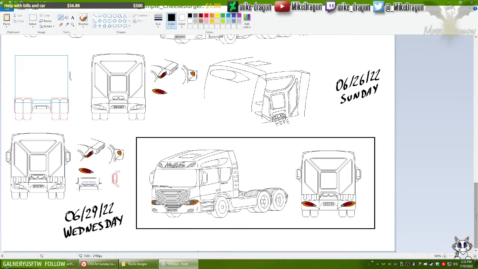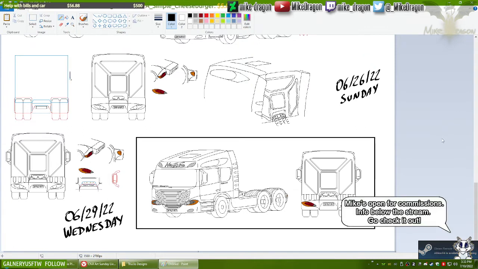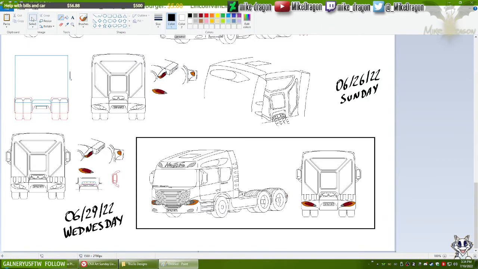So what I was going to do was, what was I going to do? I don't remember. Over what I have done here last, and so I can figure out what I have to do next. Right. So basically I have finished the basic design for that truck that I made up, and I was going to do the actual proper sketch with this truck. So yes, that's what I should be doing now.